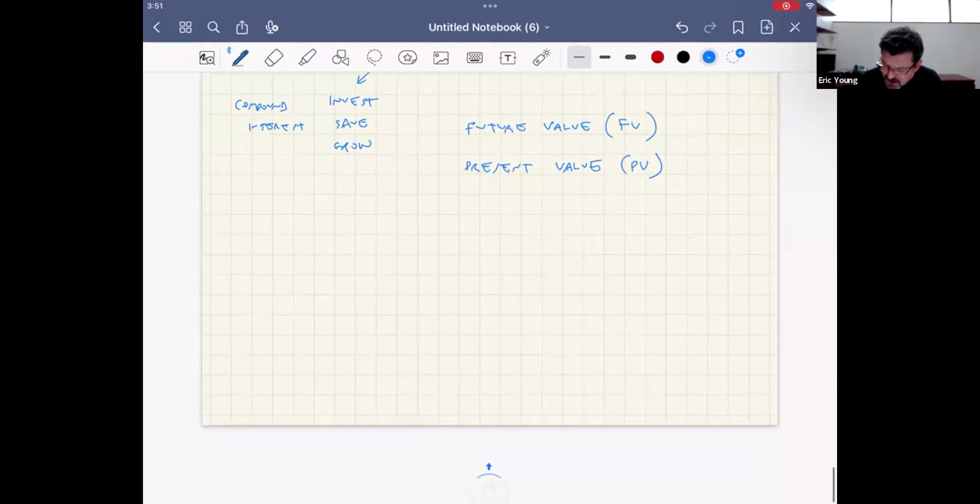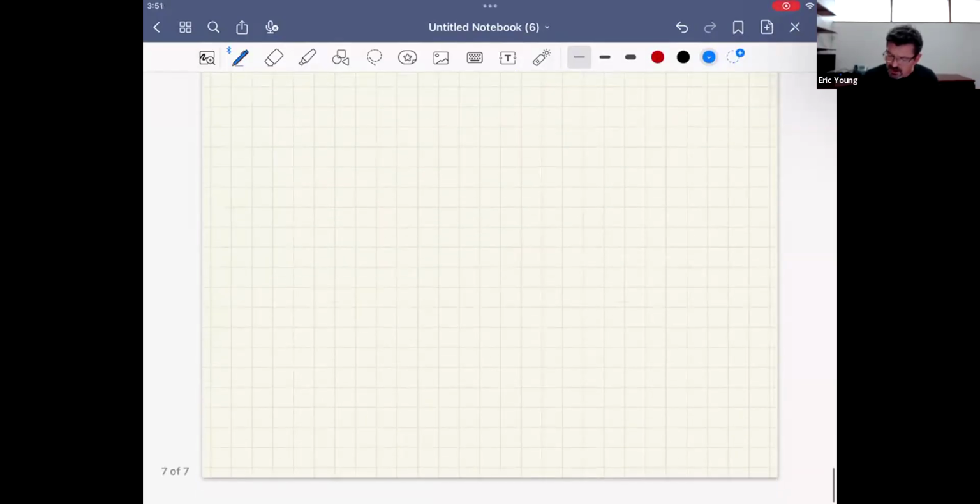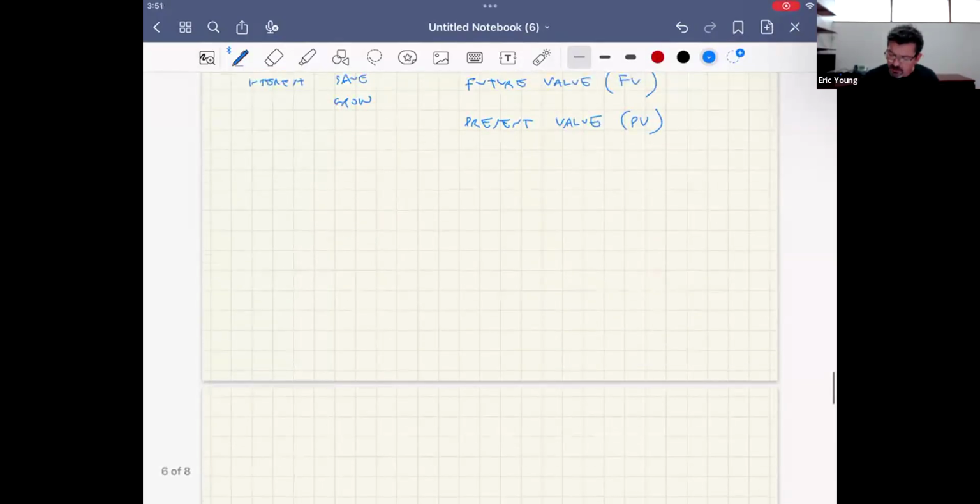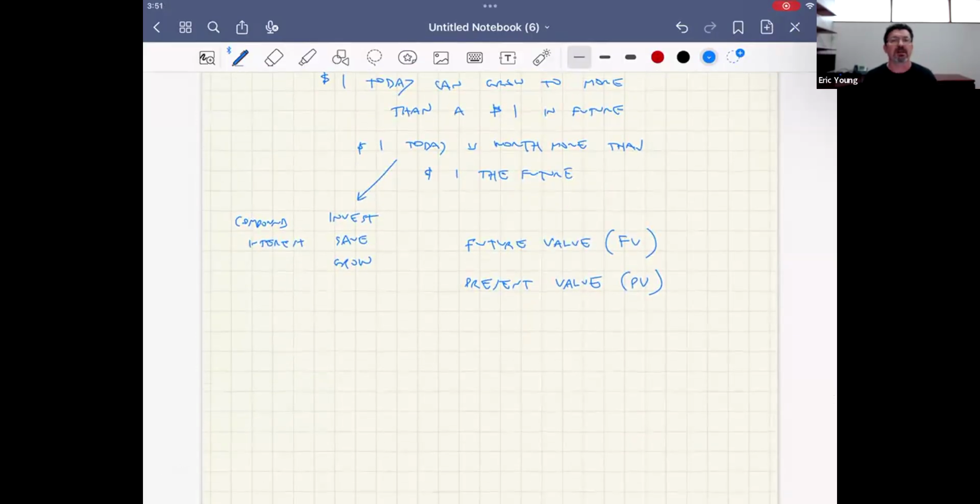This is a lot of jargon, and I want you to be flexible with it and build some intuition and some awareness. So we're not going to belabor the point, but just know present value is what you have in hand today, and future value is what you're going to have in the future. But the beauty of finance is we can go forwards and backwards in time. We can go from the present value to the future value, and we call this compounding, which should make sense from compound interest.